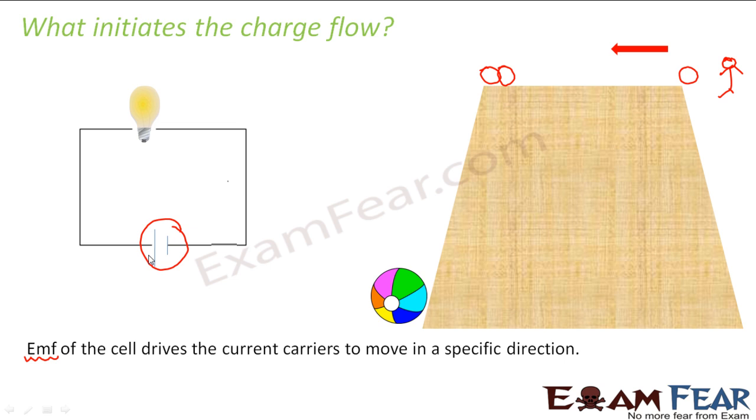So what happens? EMF basically provides an arrangement which can supply energy or which can do work to move a charge from one point to another. For example, you have several charges inside this battery. In order to take that charge from one point to another, work needs to be done. So this EMF provides an arrangement which does this work. So basically EMF is nothing but the potential difference between the positive and the negative electrodes of the cell, when no current is drawn from the circuit. That means when the cell is just kept as it is.